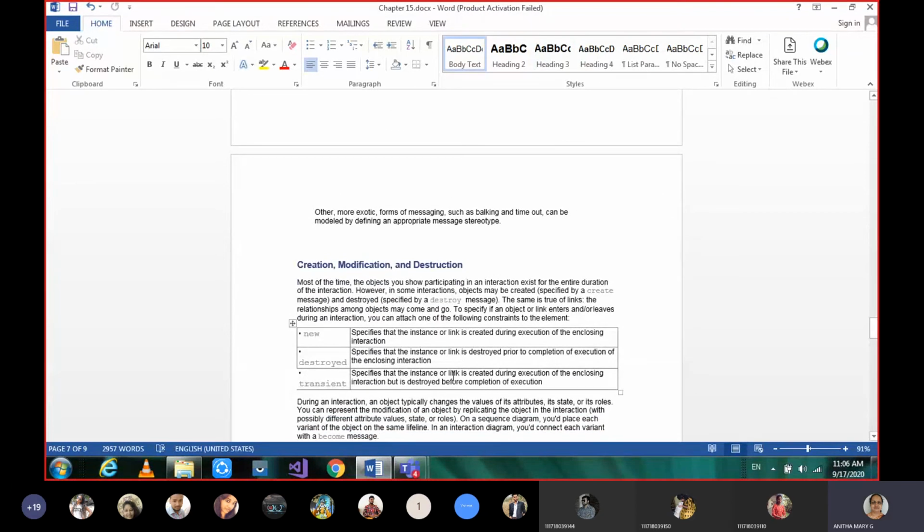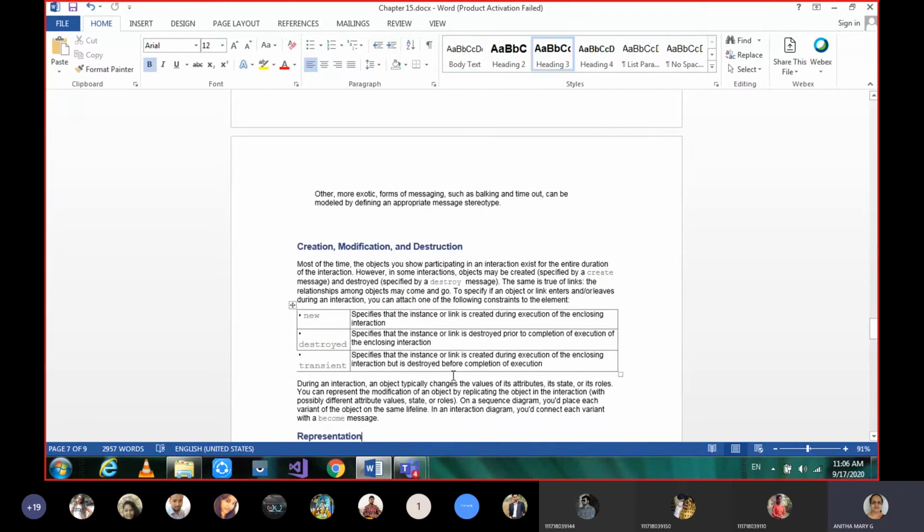The next one is about creation, modification and destruction. An object created, modified and destroyed is the same as a link, which may come and go, and among relationships. To specify whether an object or link exists or leaves during an interaction, we can attach one of the following constraints.